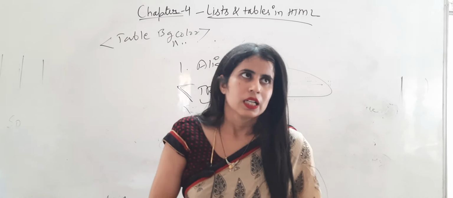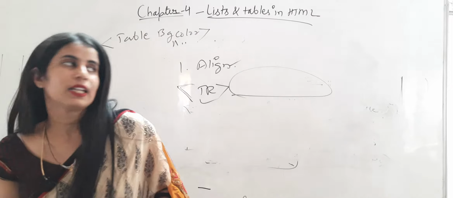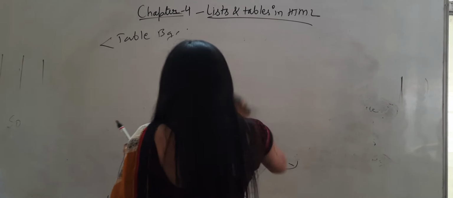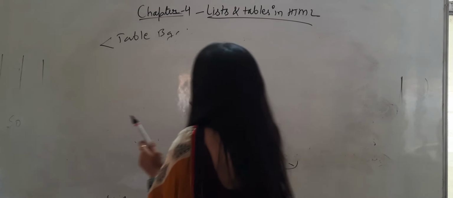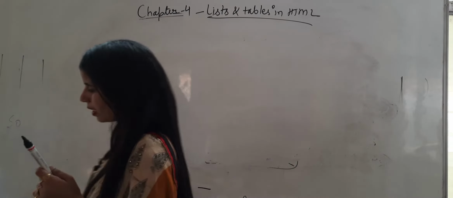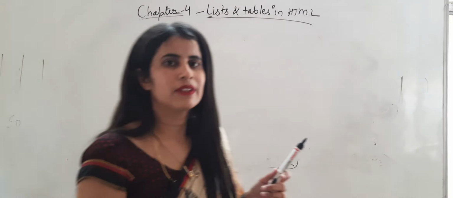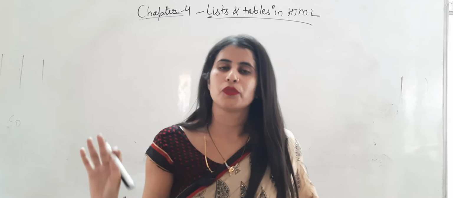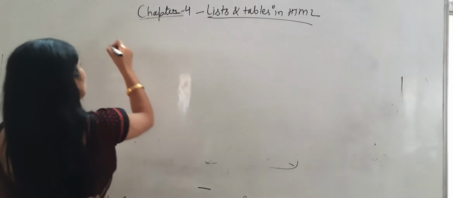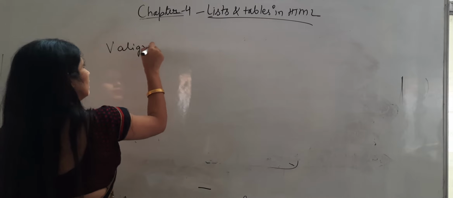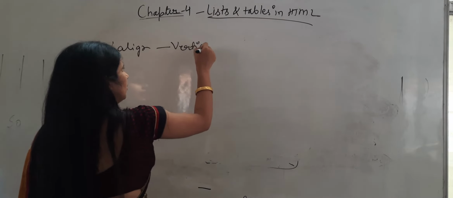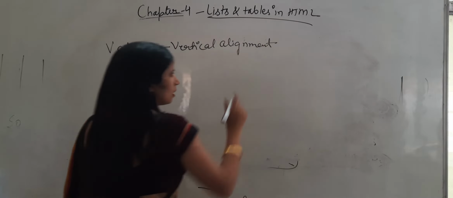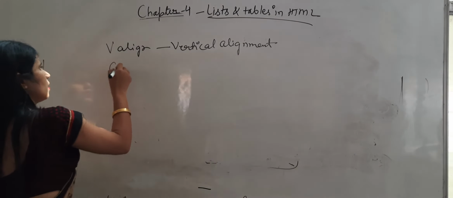Now we should define the coding so that you can understand the HTML codes, or I can discuss it in the doubt class so that your coding will be clear. So I think we should write some full forms here so that it is clear for you all. So let's start. V-align, vertical alignment. You have to listen to the words that I am speaking, as spelling mistakes can happen. I am writing it first.